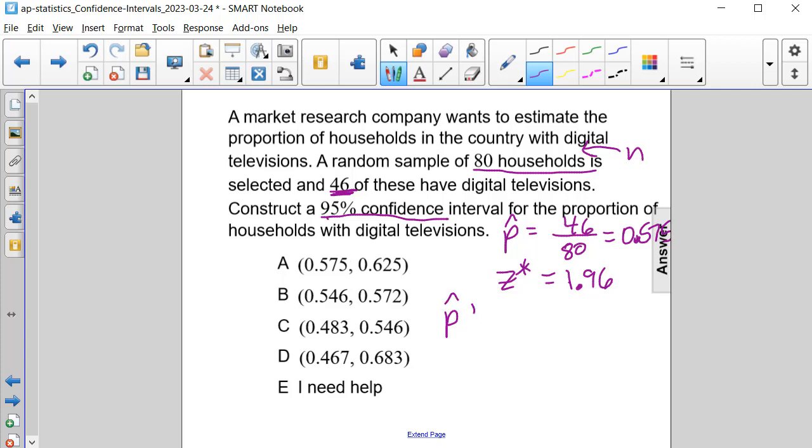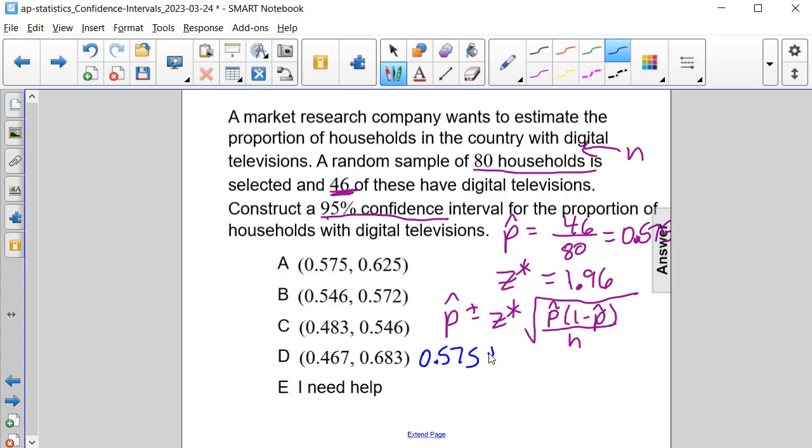It's p hat plus or minus our z star value times the square root of p hat times 1 minus p hat divided by n, and this entire fraction is inside of the square root. Now let's substitute our values in and evaluate. So p hat is